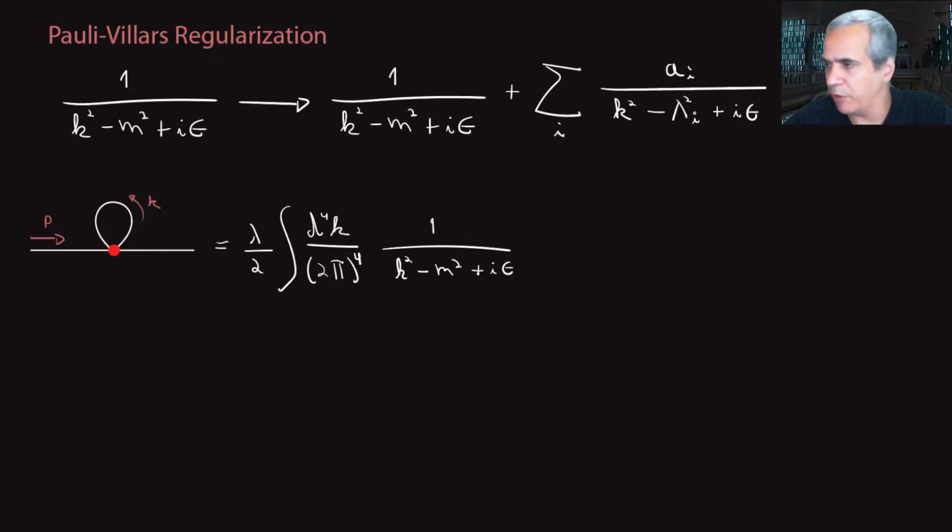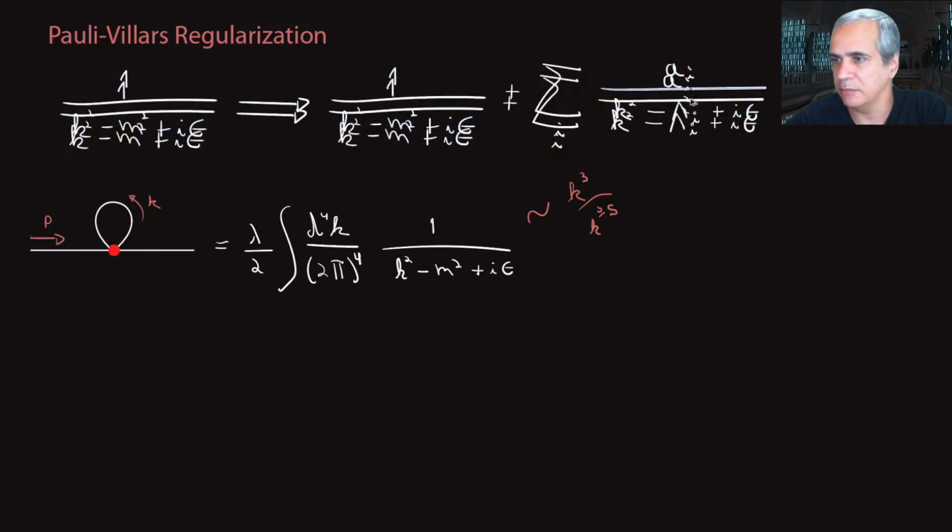And you see, we already concluded that once I go to spherical coordinates, this is going like k cubed on the numerator, and that means I have somehow to increase the powers in the denominator to 5 or bigger, right? So bigger or equal to 5. What I want to show is that by doing the Pauli-Villars like this, let me copy this sentence here,